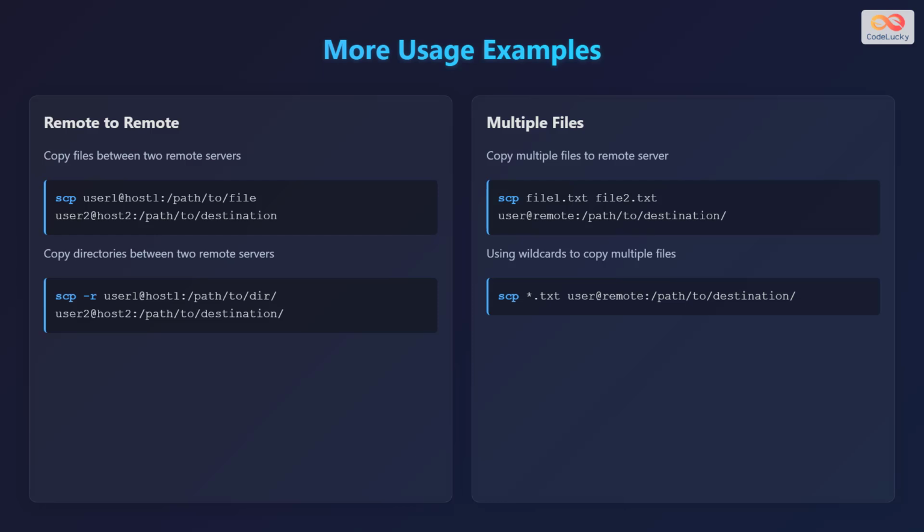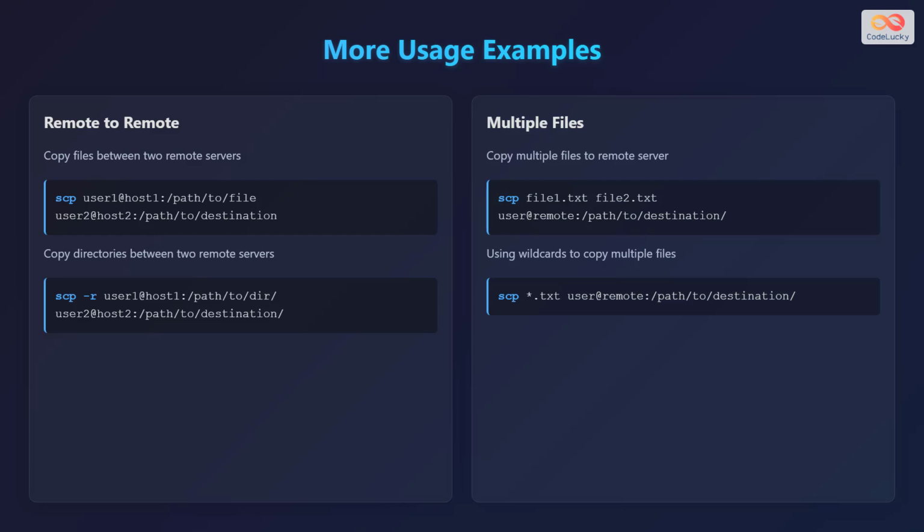SCP can also be used to copy files directly between two remote servers. The command is SCP, then username1 at host1:/path/to/file, then username2 at host2:/path/to/destination. To copy directories between two remote servers, use SCP then -r, followed by username1 at host1:/path/to/directory, then username2 at host2